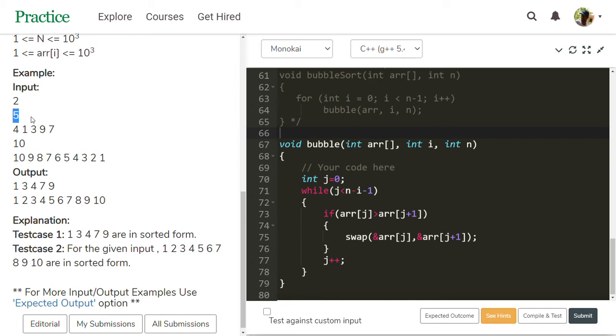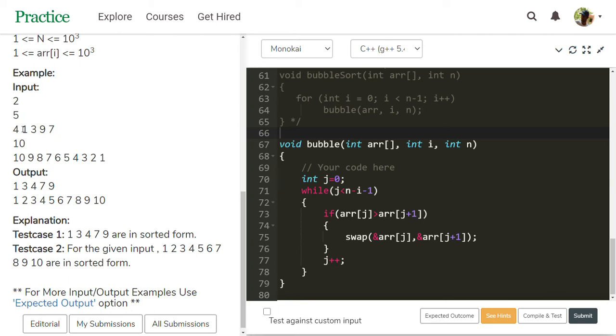Take the first test case to get an idea about this bubble function. In this array, i is 0, n is 5, j equals 0. We need to get the idea about the bubble sort. What is happening in the bubble sort?